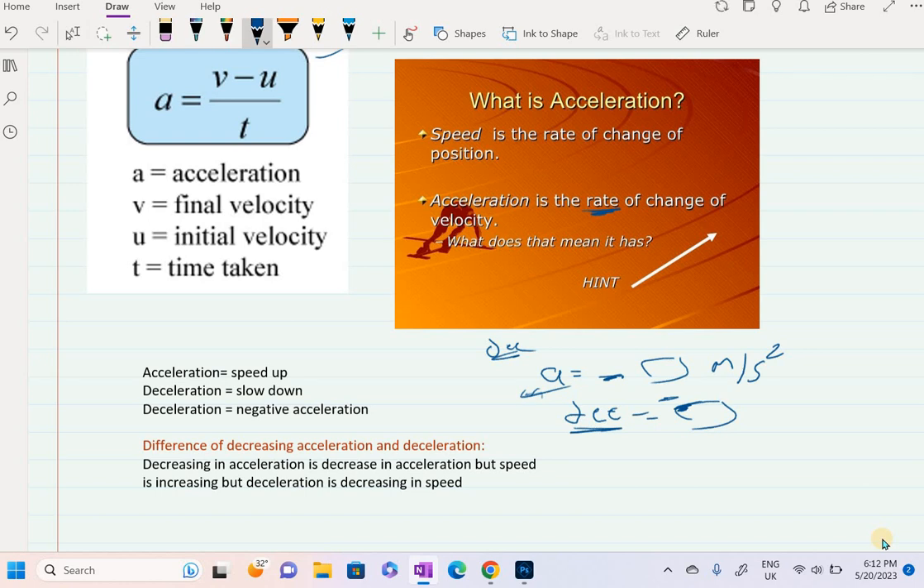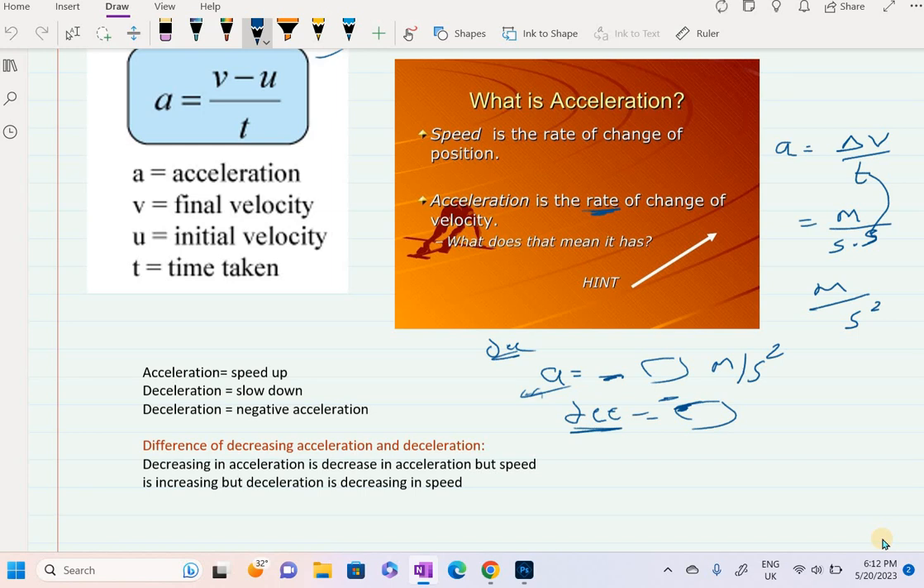The unit of the acceleration is meter per second square. Okay, because here I told you acceleration is equal to change of velocity over the time. What is the unit of the velocity? It's meter per second. What is the unit of the time? It's second. So I have here 2 seconds, which is meter per second square. Okay,